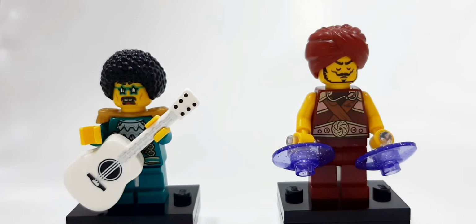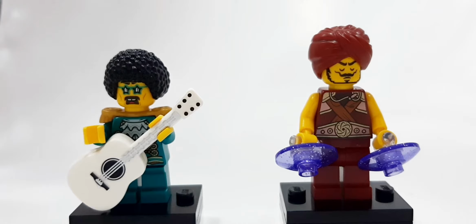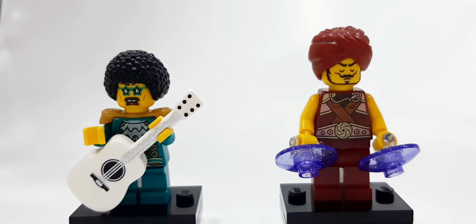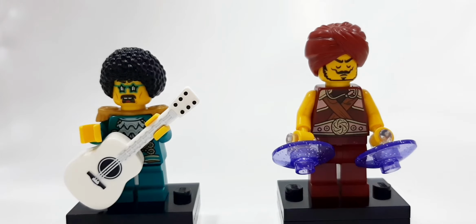But Gravis, he looks pretty cool. I like this top hat notch thingy, whatever you call it. And his torso is pretty good. He would be almost my favorite character out of this set. He probably is still, besides Golden Lloyd. I like him a lot. But he doesn't have any leg printing. Why not, Lego? Why? Seriously,